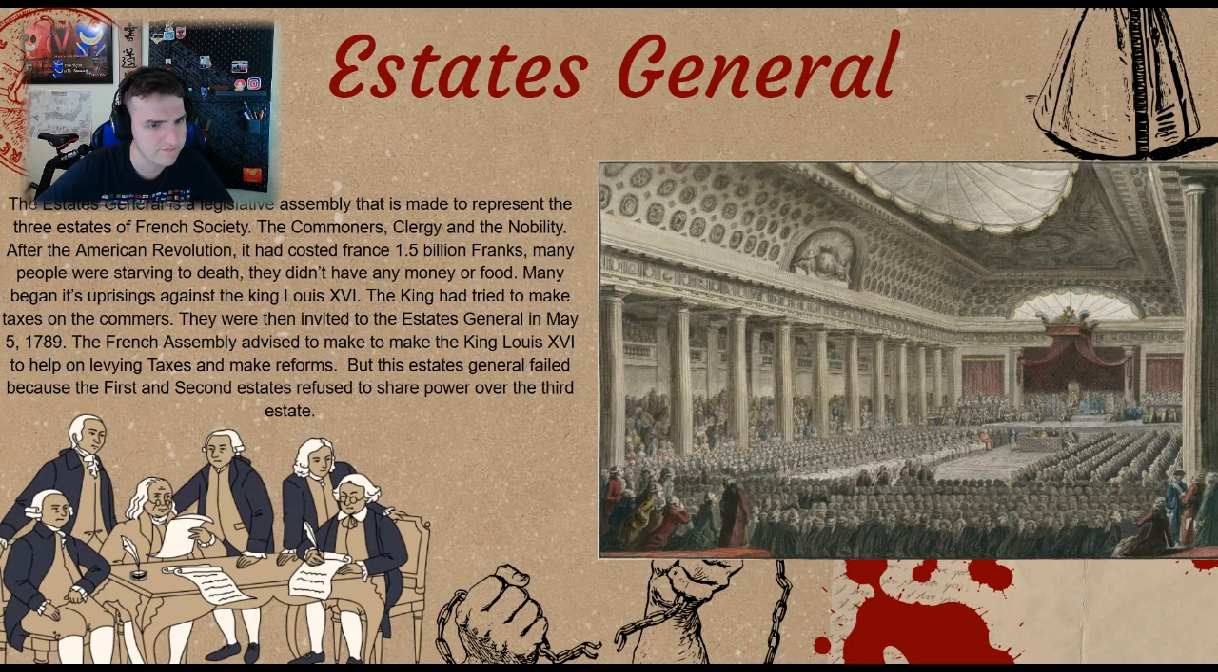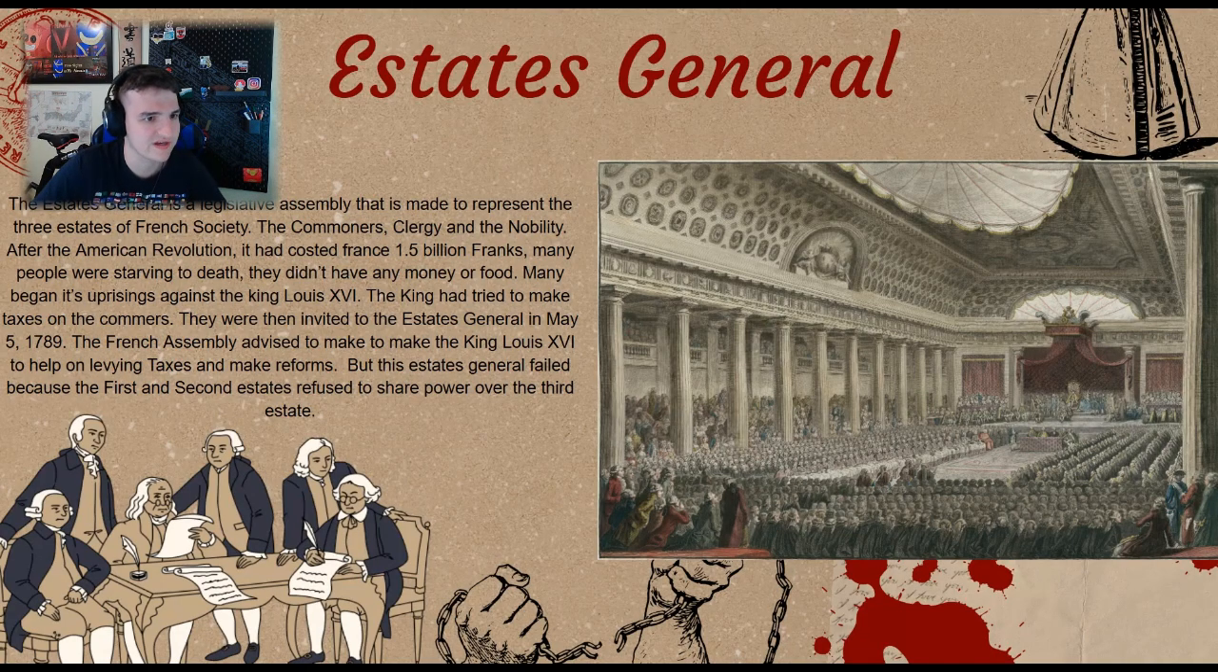and they were then invited to the Estates General, which took place on May 5th of 1789, in which the French Assembly advised that King Louis XVI had to help with levying taxes and to make a lot more reforms. But the Estates General basically failed because of the first and the second estates. They refused to share power with the third estate, and that's why the third estate then established the